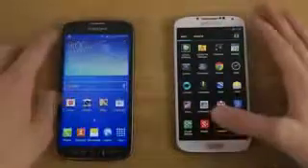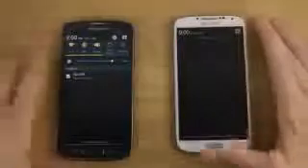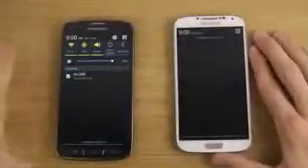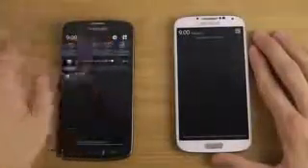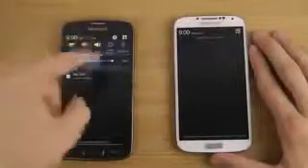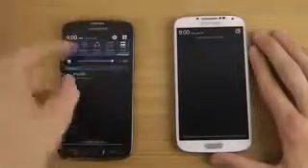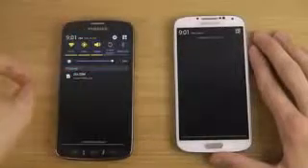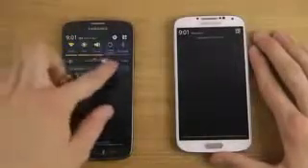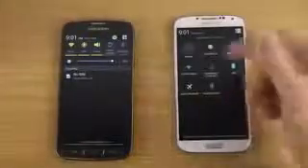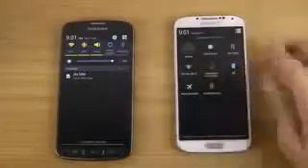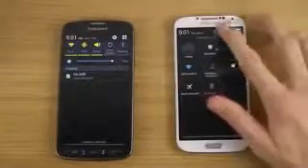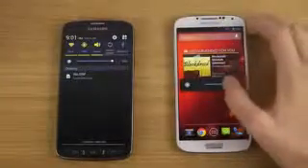When we go down from the top here, we can see that I actually do like TouchWiz more here, because they immediately show you some quick toggles that you can enable and disable. And if you buy the Galaxy S4, of course, you will get even more toggles in there. And then you have this quick brightness slider here, which is pretty awesome. Here you can see you got a little bit fewer toggles, which is a little bit annoying, but